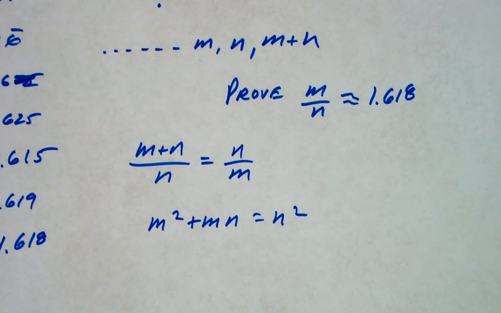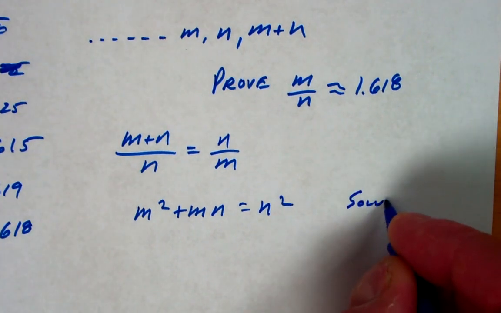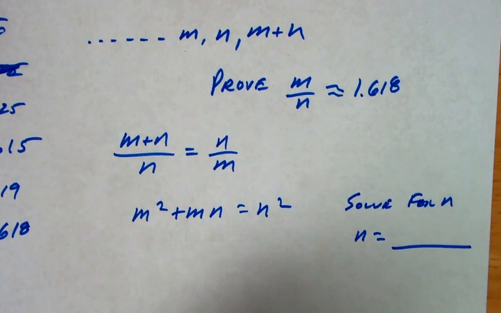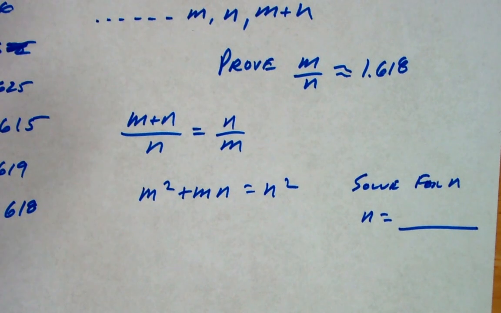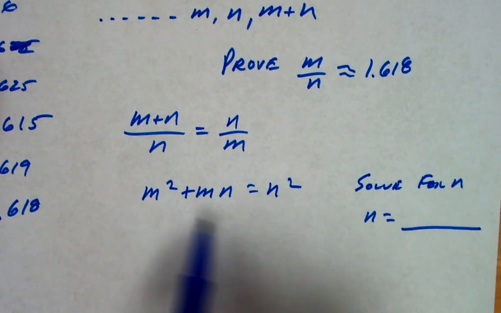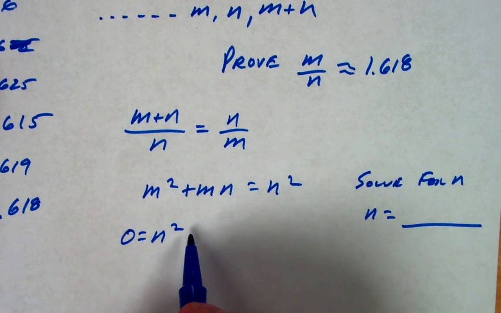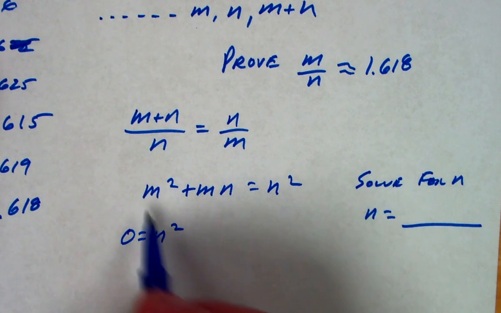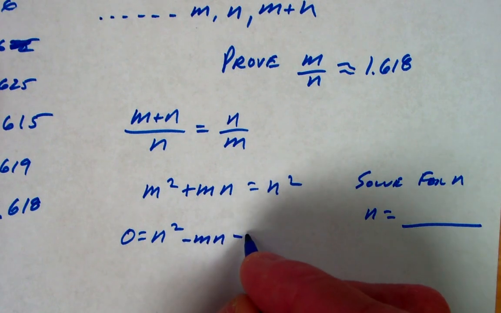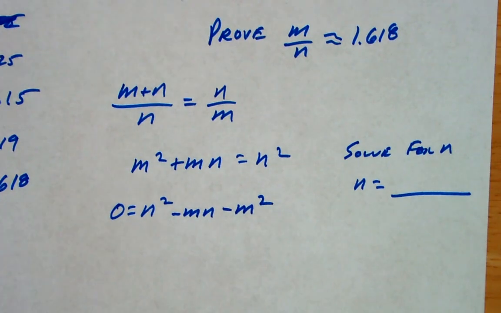Okay. So now I'm going to change what I said before. I'm going to solve this for n. I want to know what n equals. This is where I think it gets cool, and you probably haven't seen this before. Let's get everything over to this other side. 0 equals n squared, minus mn, minus m squared. Agreed? Okay. So now to solve for n,